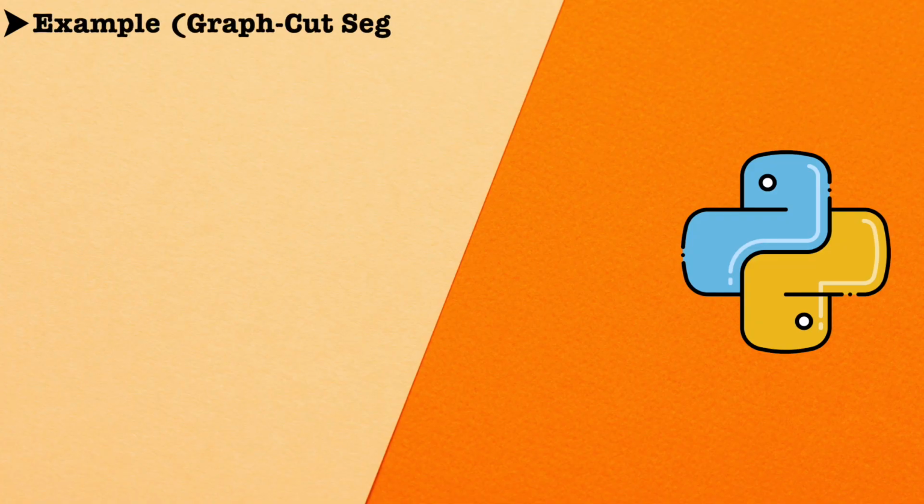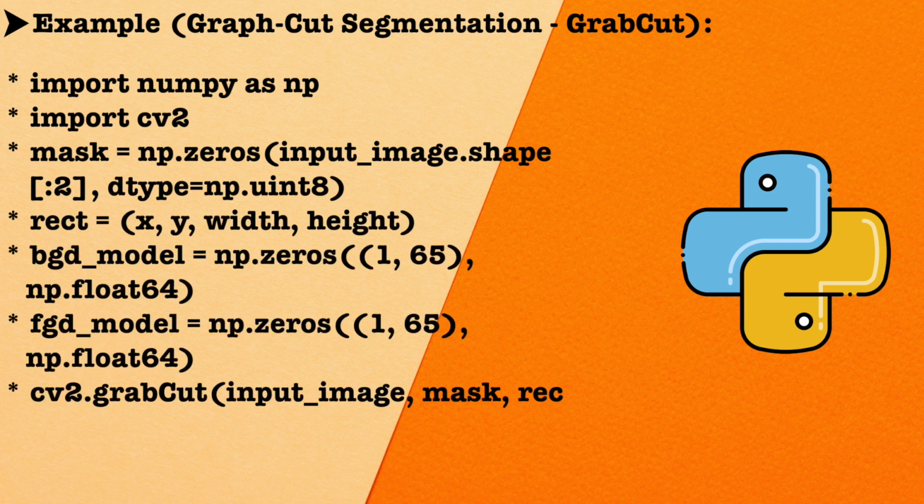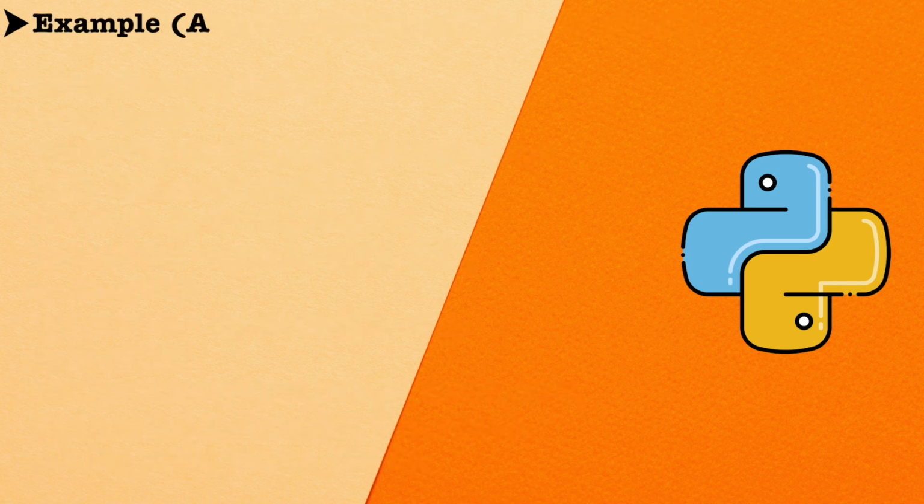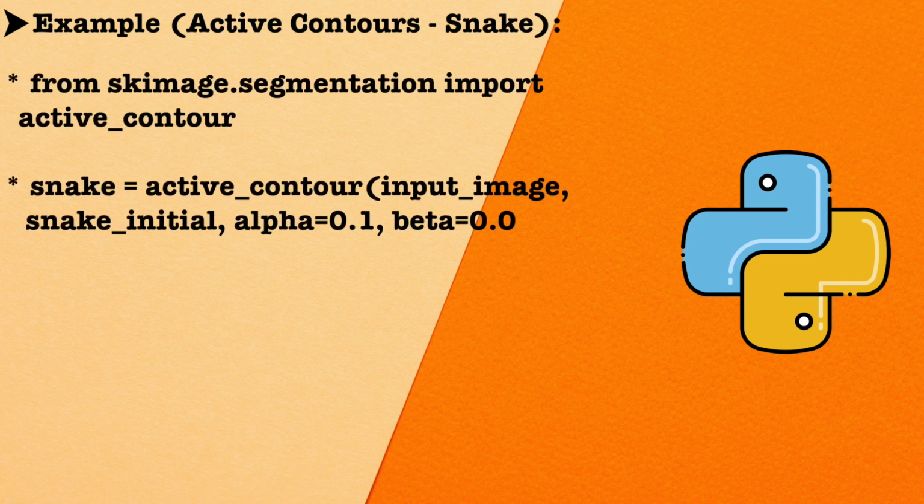So here is the example for graph cut segmentation, and first of all we have to import the library, then we have to take the image which we are going to implement and then assign all the values. Here is the example for active contours, and we have to import the library and take the function. In this function we have to take the input images and we have to initialize all the values like alpha,